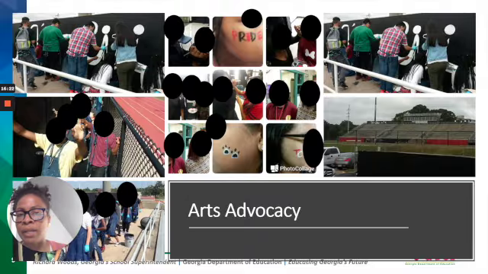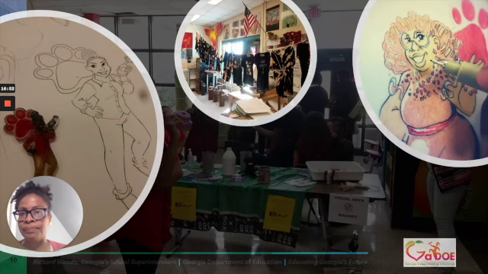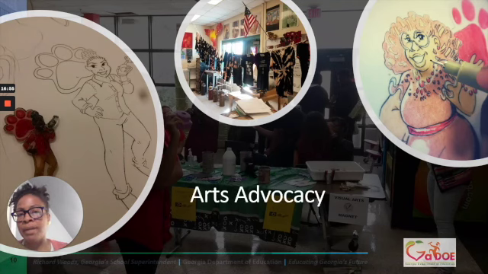We did a fundraiser one year where we were painting faces. And this is, again, just a way to get your kids visible, to allow them to see that art can be done not only on paper, but on walls, on faces. Art can be anywhere, so it allows students to understand the importance of art, the importance of artists. It allows other people to see that importance as well. There are a couple of tweets that I shared on the screen here. This was another fundraiser that we did. We did Shrinky Dink caricatures.